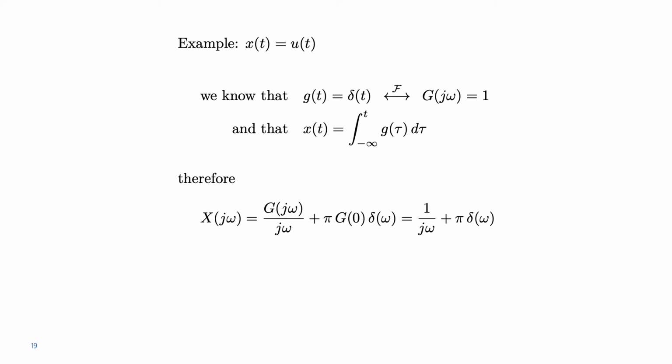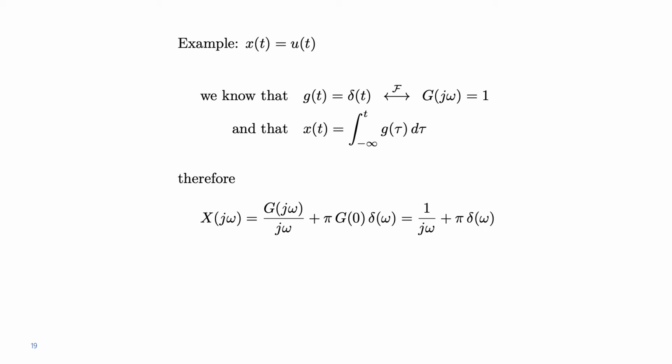We also know that our Heaviside function, our step function, is the integral function of the Dirac delta. So x(t) in this case, which is u, is the integral between minus infinity and t of g(τ) dτ, where g(τ) basically is the Dirac impulse. So now we have the relationship between the Heaviside step function and the ideal impulse, right?